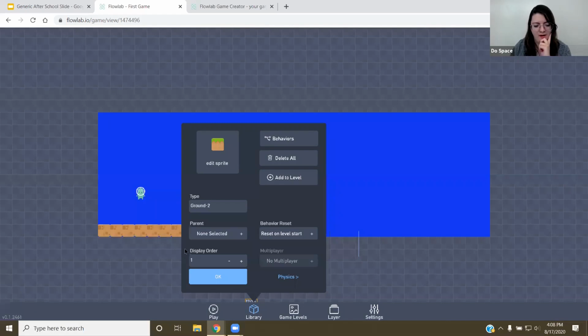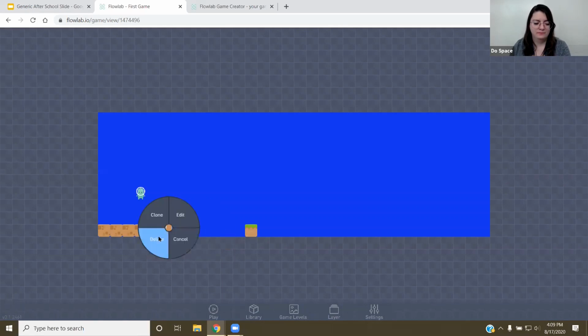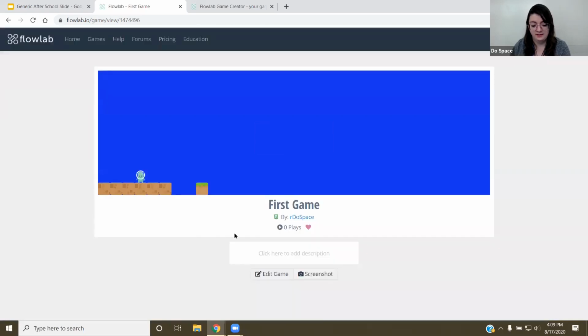You click OK there. You click OK again. Library, add this, add to level. There's my grass block. So you think about the first jump characters are going to have. I am going to put that here. I'm done cloning so I can delete these first few blocks here. Looks like I accidentally overlaid a lot of these blocks. Here we go. I'm going to grab this and click cancel. Hold left click down so I can move it. There's my first jump. Play to test.